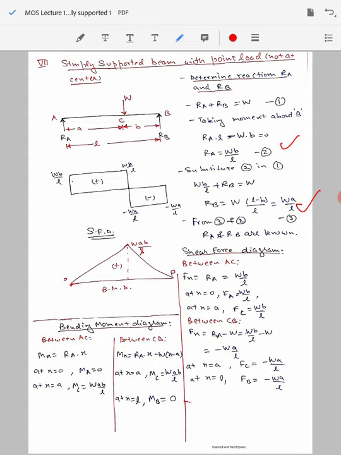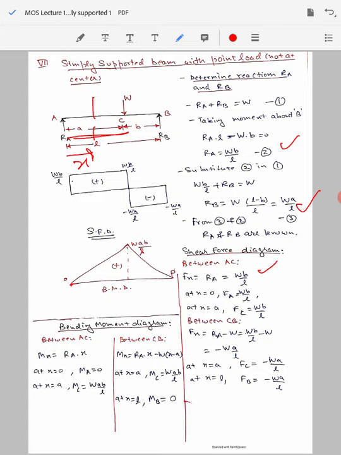of the beam. So for the shear force diagram, we will write the equation for the shear force first for the segment AC. So we are talking about the span AC here, and let's assume the beam to be cut somewhere between A and C, at a distance x from the left end, from point A. In that case, if we cut the beam at this point, we know there is only reaction force RA acting on this part, so the shear force equation Fx will be simply RA, that is equal to Wb by L.